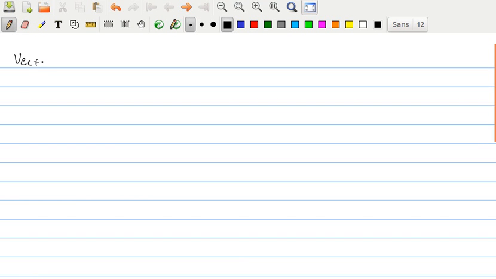Vectors in the plane. Before we get too deep into multivariable stuff, we want to look at the spaces in which we'll be dealing. For right now, for this section, we're going to be looking in the plane, this two-dimensional space, sometimes abbreviated as